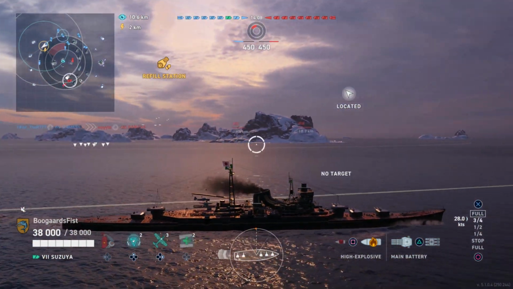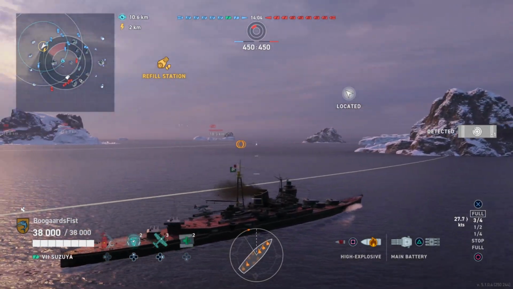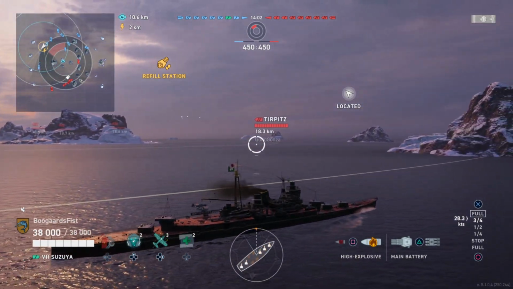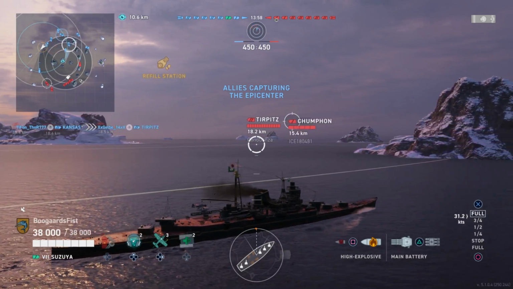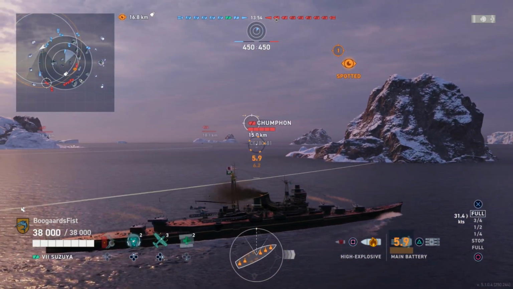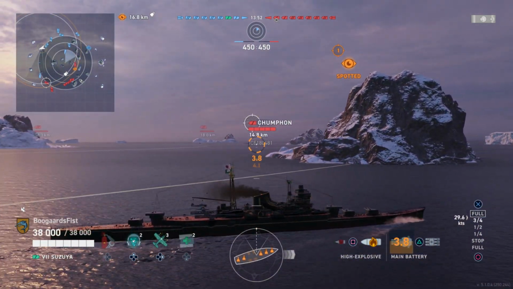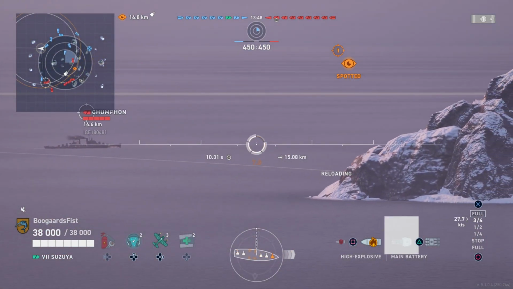We are getting located, keeping that in mind, and keeping an eye on that plane, all right, because we're basically broadside to the whole team. We know that, but we do have pretty good concealment, and we don't know where the destroyer is yet. But I'm expecting to have an opportunity to turn away. All right, so Chumfan coming in here, Asian, I think that's the tier 6. Now my,